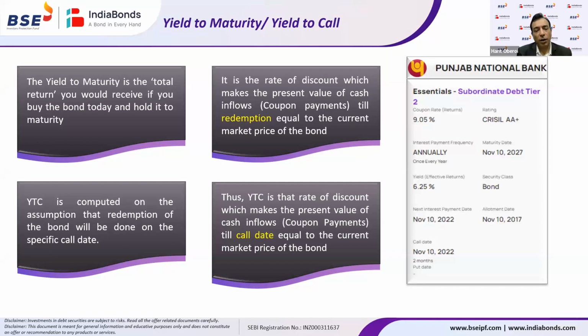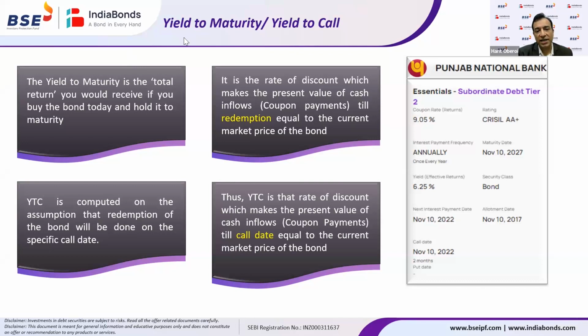So when I am calculating my effective returns, I should always calculate yield to call. Instead of calculating the yield till the maturity date, I should calculate the yield till the call date. Then you get a clear picture of what returns you are getting. If the call has not been exercised, then you can keep following the principle of yield to maturity once the call date has passed, depending on how the bond is structured. If the issuer has the call option to exercise every year, it depends upon how the bond is structured. So this is a very important component investors should keep in mind when calculating returns for an investment which has a call option or a call duration.